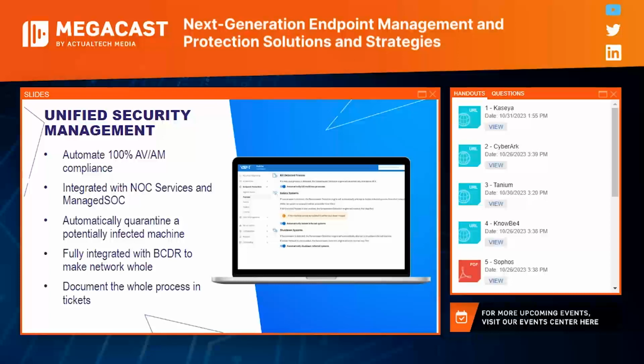As I mentioned earlier, we have native ransomware detection built right into VSA, so we can detect ransomware-style behavior and automatically quarantine infected machines. We're fully integrated with leading backup vendors as well, and we can initiate restores. We can start backups. Whatever you need can be built into automated workflows in VSA, and we document the whole